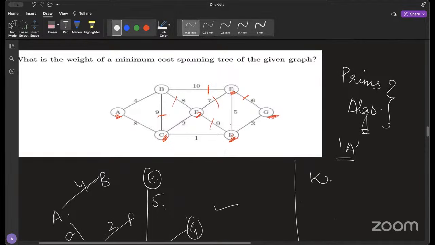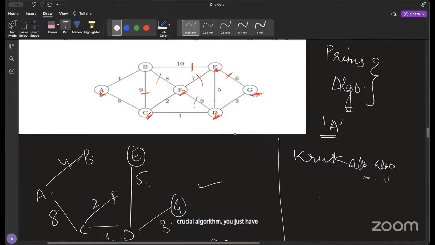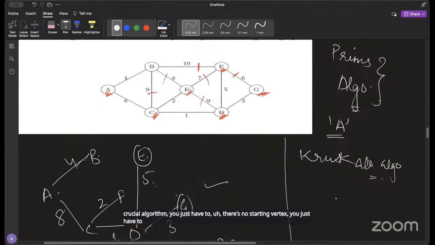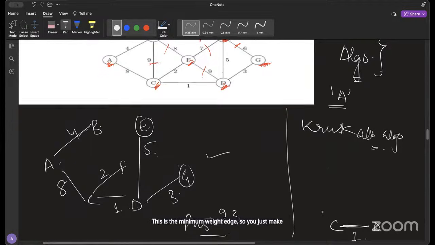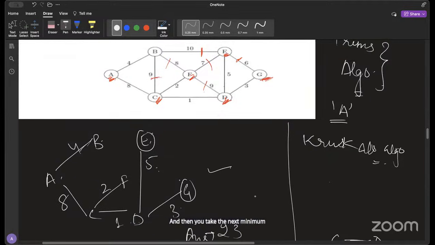And coming to Kruskal's algorithm. In Kruskal's algorithm, there's no starting vertex. You just have to write the edge with minimum weight first. This is the minimum weight edge. So you just make this one first. And then you take the next minimum weight edge. So the next minimum weight edge, in this case, it's 2. But let's say if here you had 3 and here you had